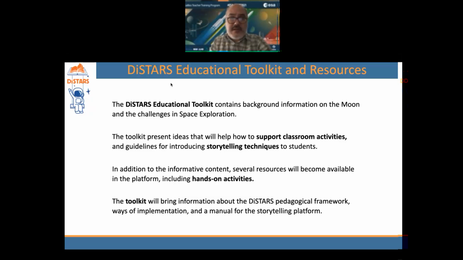And also this educational toolkit addresses which classroom activities can be employed by the teachers to tackle those subjects. And finally, how to use the storytelling techniques that I just mentioned to enhance their classes.